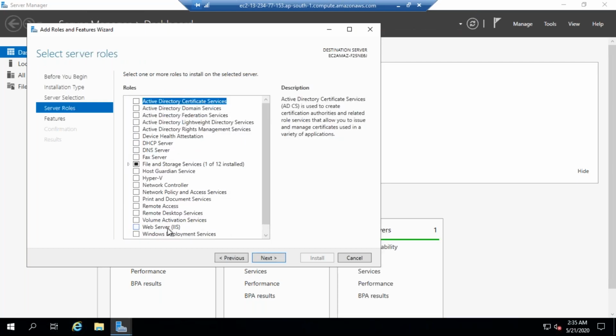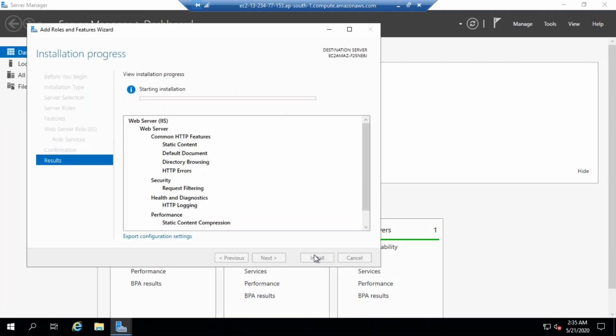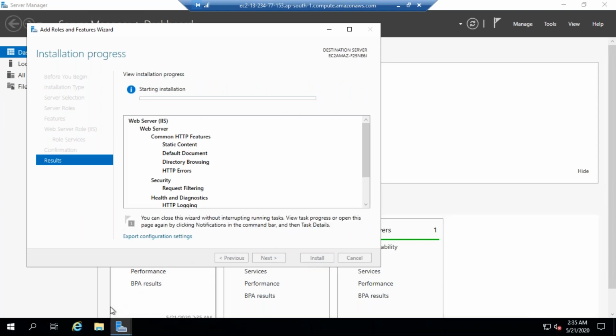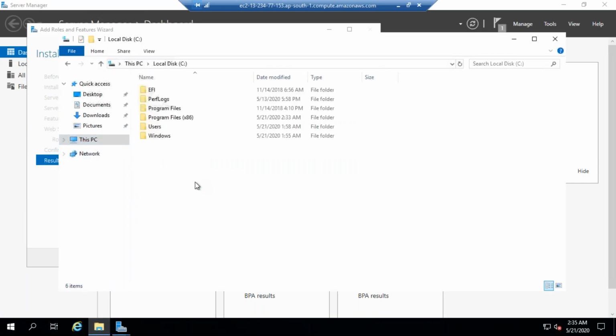Here, come down. You can see IIS. Select it. Okay. Click on this. Add feature. See, this is checked. Now click next. Next. Next. Next. Install. So now you are going to install the IIS. So go inside this computer, go inside this PC. Go inside the C folder. See, you don't have a folder called inetpub, right? So once that installation is finished, you will be able to see a folder called inetpub. Inside that folder, you need to host your application.